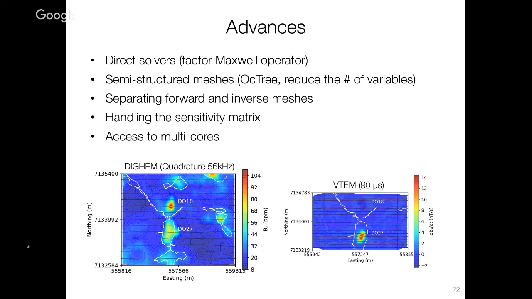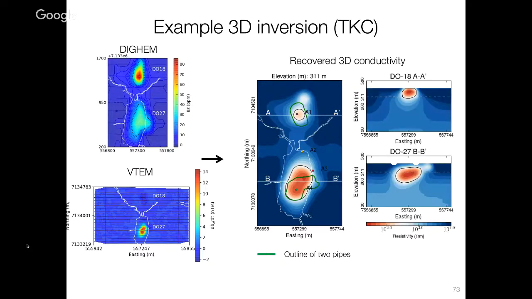We put all of that together, and it allows us to solve the frequency or the time domain problems. And in this case here for the airborne data, we're actually able to combine the frequency and time domain data and get a 3D conductivity model